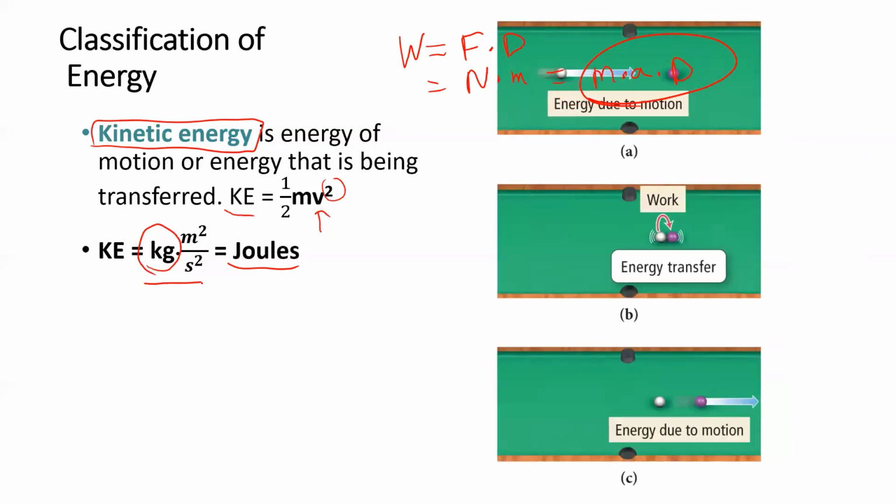So here I have an example, and I'll erase this, of kinetic energy. And I see that there's a transfer of energy due to a collision. So if I look at this billiard ball, once I hit it, it's moving, right? So it has a mass, it has certain kilograms, and now it's moving at a certain velocity. So that motion is what we call kinetic energy. It can transfer that energy based on a collision, do some work, so that's a form of energy, and now once it does work by hitting this ball and transferring its energy, now this ball has absorbed that kinetic energy and it moves.